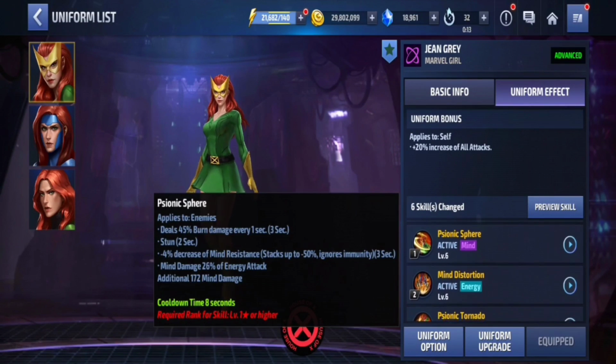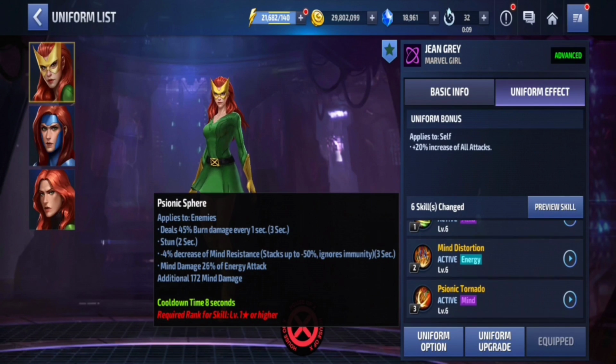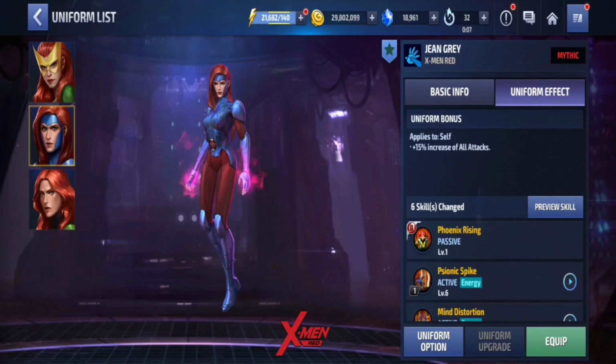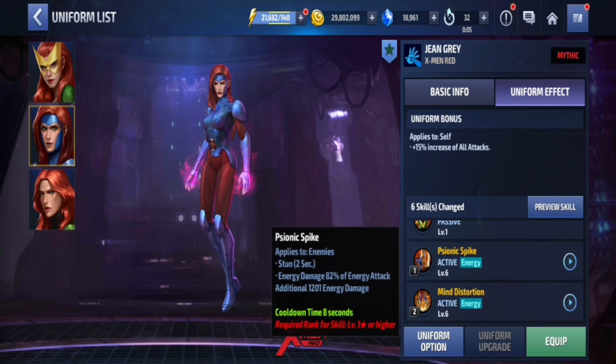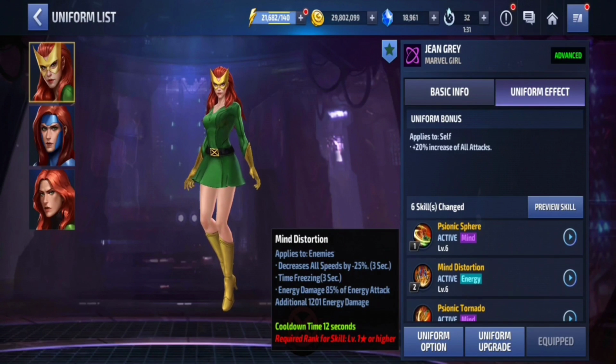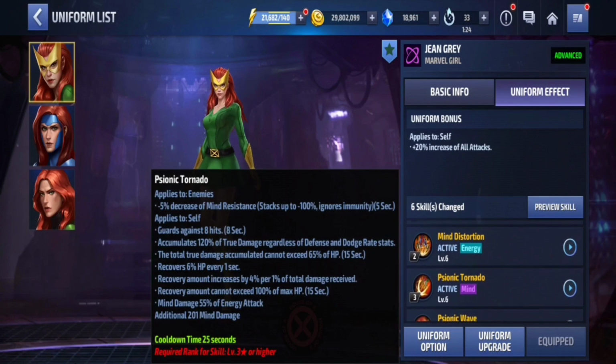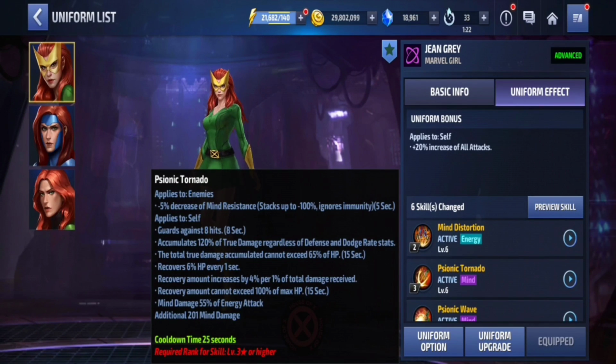Now her first skill has burn damage, decreases mind resistance, stun and mind damage. There wasn't mind resistance in here in the previous uniform. Now coming to the second skill, it has all speed time freezing, which wasn't in the previous uniform, and energy damage. Her fourth skill has decreased mind resistance, guard hit, accumulation, recovery HP, recovery amount increases per time, and damage received